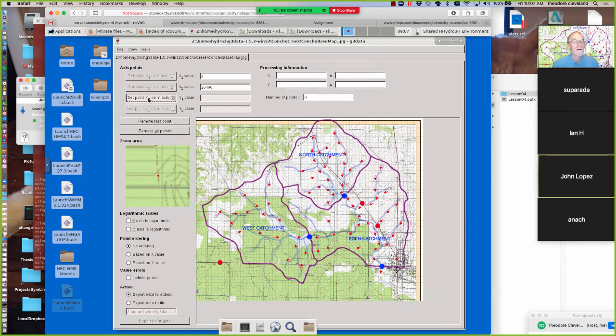26,400. Now for Y1, I will put it back here and set that at 0. And then Y2 is going to be 1 grid cell down. So there's 1 mile, 2, 3, 4, 5, and we'll go 1 click up. 26,400 feet. So now we've identified a coordinate system, and we're ready to